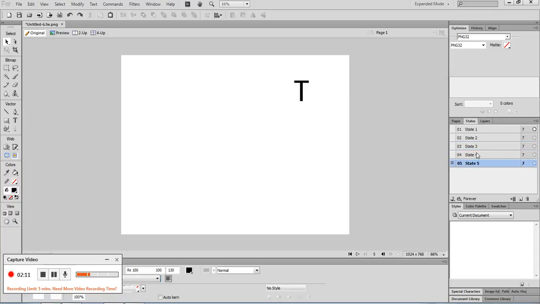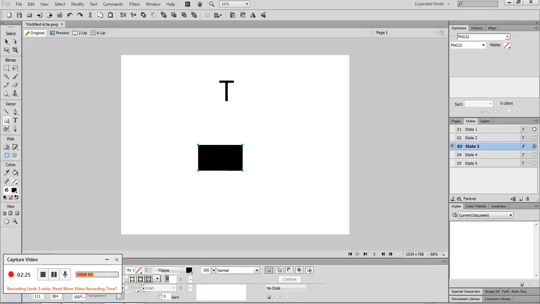animation, another feature here. Now I need to be careful, once I've already got a few states, I need to be very careful about choosing where in the animation I'm going to insert this next piece of animation. Here I'll just draw a rectangle on the screen. I'll keep it nice and simple, just for the purposes of this demonstration. I need to make sure that I've selected the rectangle